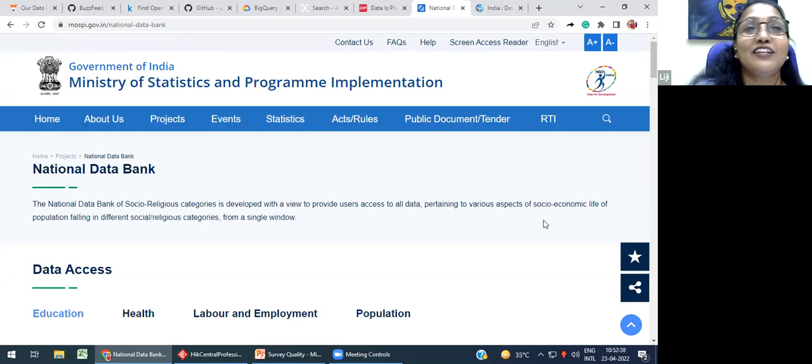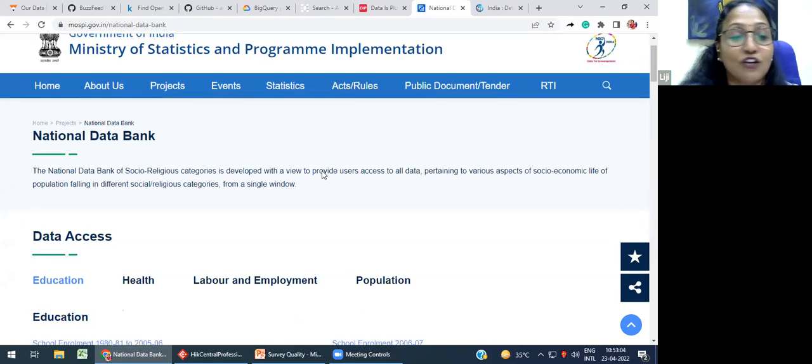So other than that, you have even RBI's data bank, wherein you get anything related to banking and small industrial setups, and NABARD data banks. But this one, you get many. Ministry of Statistics and Program Implementation, wherein you get the National Data Bank. So anybody who is doing any research on the National Data Bank, you can even be a surveyor here, work on their survey, and then you can do a lot of data access.